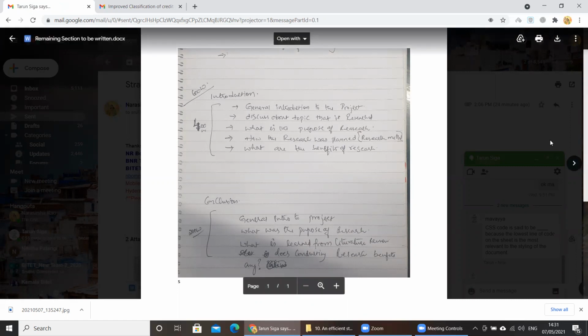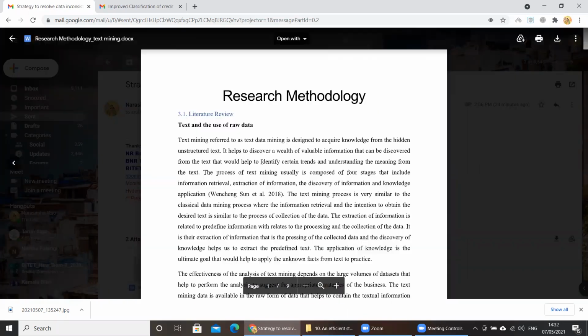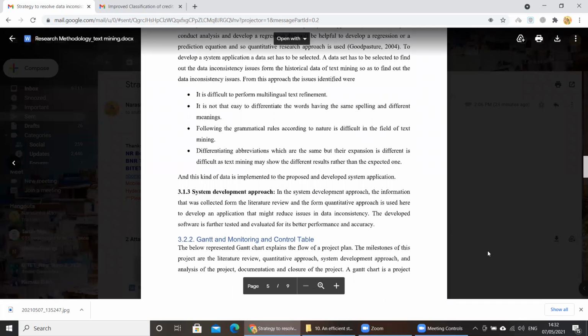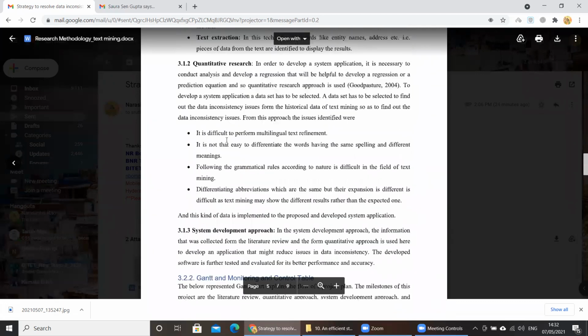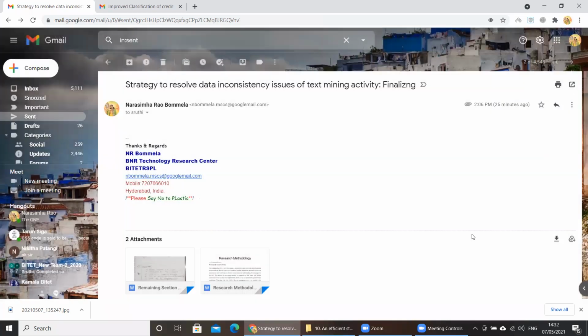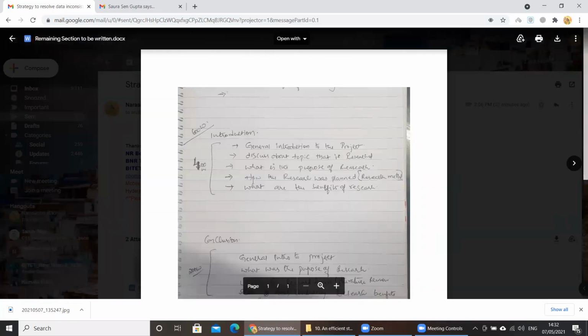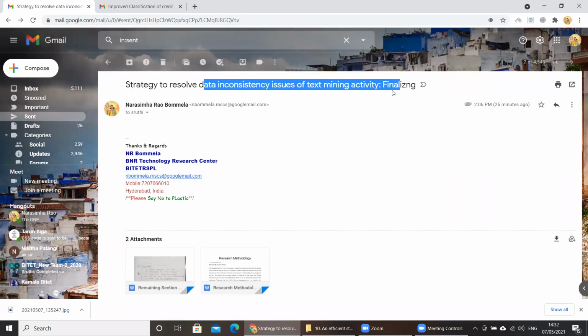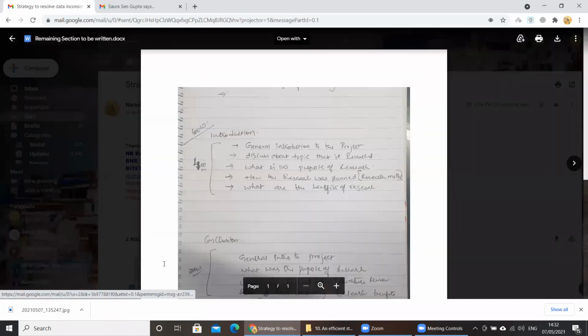So you can see that I have given you a document here. In this document, there is a section called research methods. If you read that section, you can understand what kind of methods they are using. Up to this area, it speaks about what type of research they are using. Then after writing this, you are supposed to speak about the benefits when you conduct this research, what kind of benefits we are going to get. The target clients or the area about which we are conducting research might get benefit. Okay, so this is all about the introduction section.